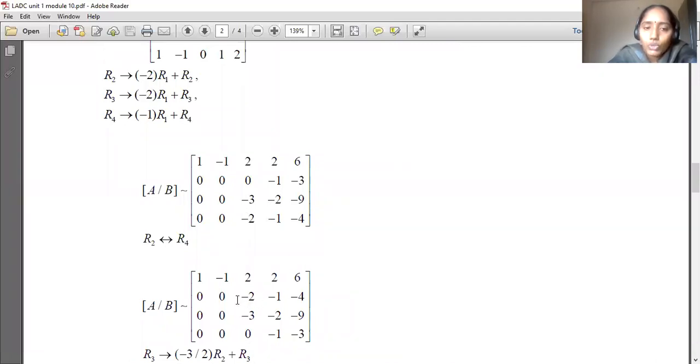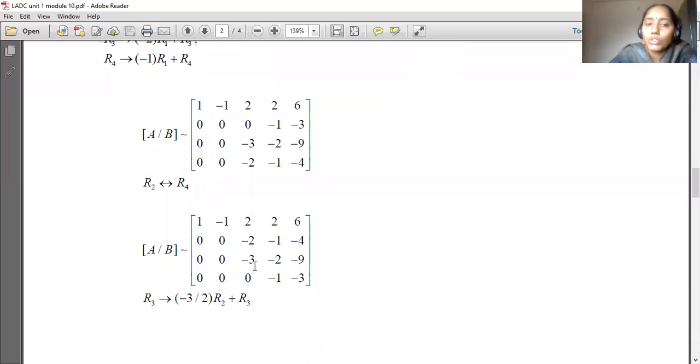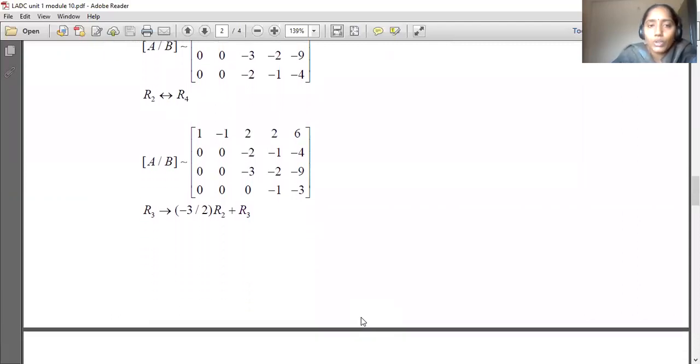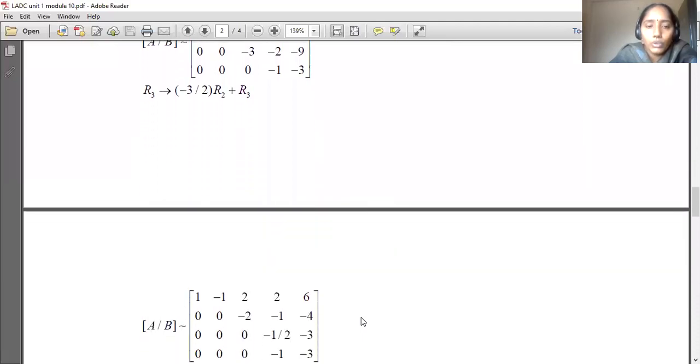Then here minus 2 is considered as the pivot element. Using minus 2, make this minus 3 become 0, like R3 minus 3 by 2 R2. Because if minus 3 here becomes 3, then it becomes 0. Just for that, I am multiplying by 3 and dividing by 2. So minus of minus is plus 3. Minus 3 plus 3 becomes 0. Applying the transformation to all the entries in the corresponding row.